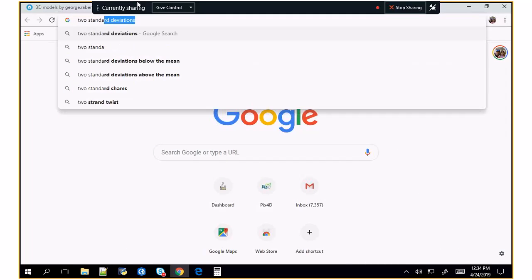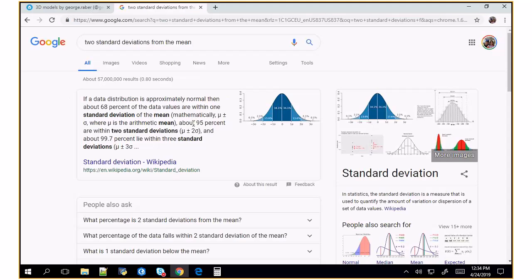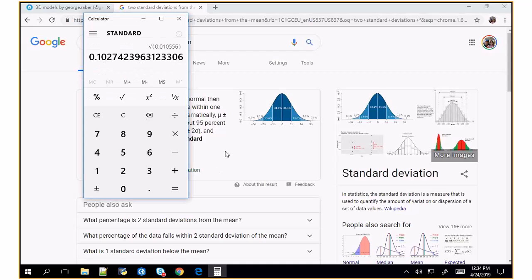About 95% are within 2 standard deviations, and about 97 lie within 3 standard deviations. So we could just multiply this. So a little over 20 centimeters,